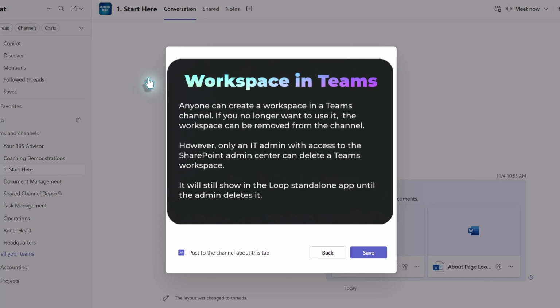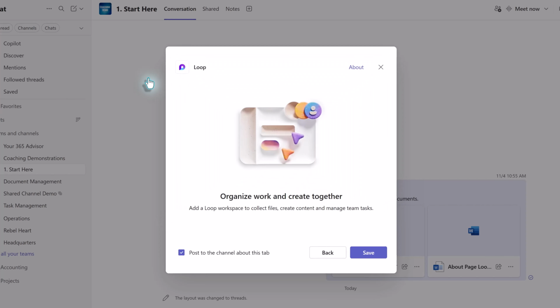Now, the reason I point that out is you need to be careful when you're creating workspaces because once it's created, the average user cannot delete it. Only an admin who can go to the SharePoint Admin Center can then delete any workspaces that were created in Teams. For this demonstration, I'm going to go ahead and create a workspace so that we can walk through the